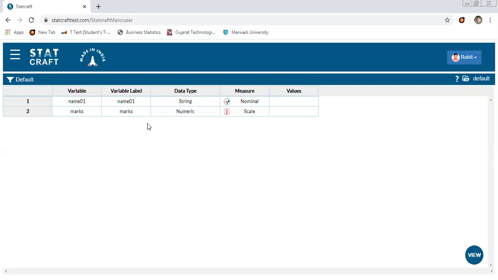Marks would be numeric data and it is scale data. Again, one more thing, gender. Gender would again be nominal, string data. The same way we can add the variables.